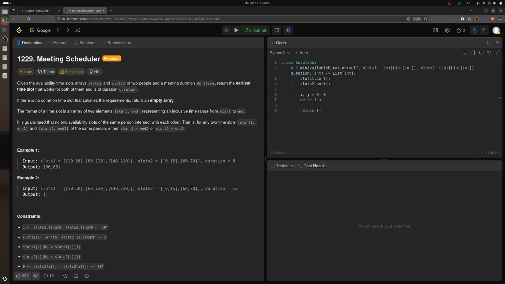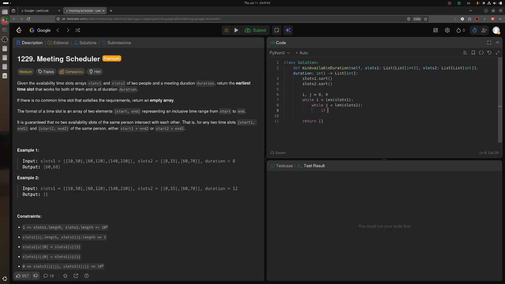While i is less than len of slots1, while j is less than len of slots2, then we want to do